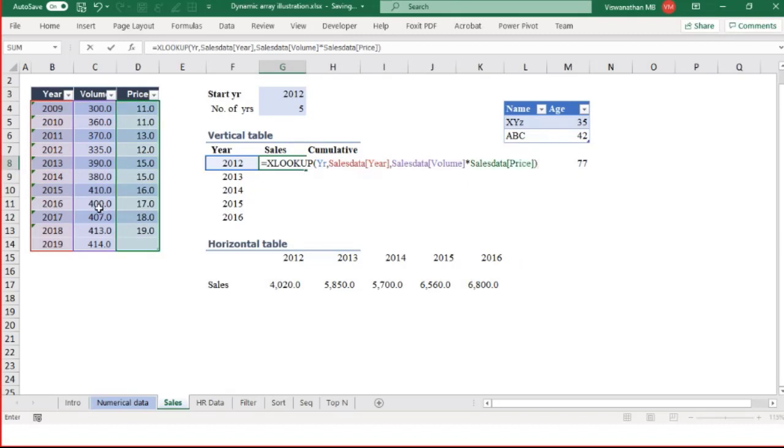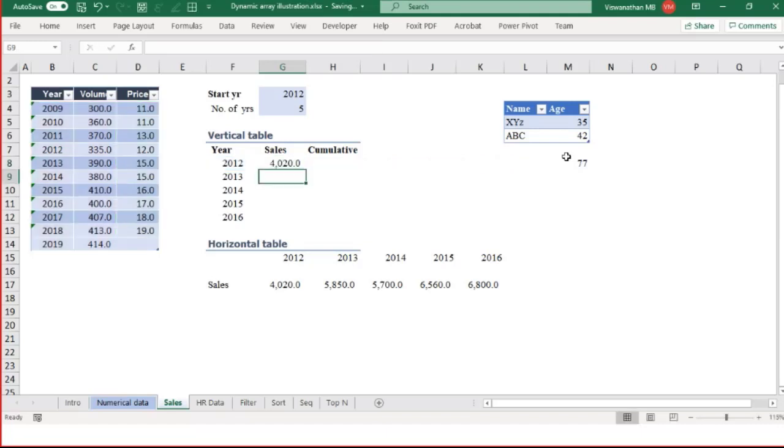So in XLOOKUP, just to repeat, you select a lookup value, then select the column in which you're looking up, and then you specify the corresponding array. This is not a column index as in VLOOKUP. Here you are specifying a column vector or a result vector from where you are pulling the data, right? And XLOOKUP can be used vertically as well as horizontally. So it can do the job of both VLOOKUP and HLOOKUP put together. And if you see, I got the sales here.